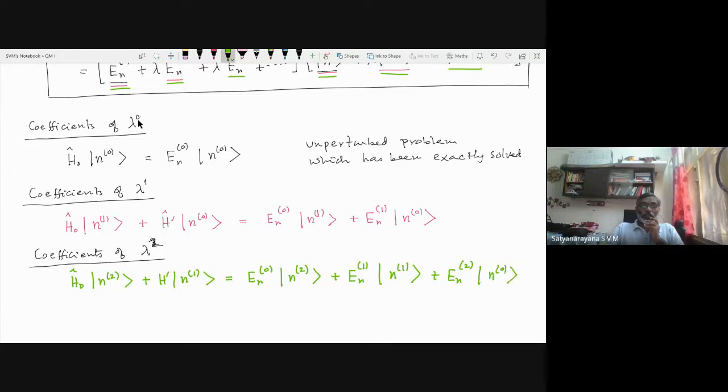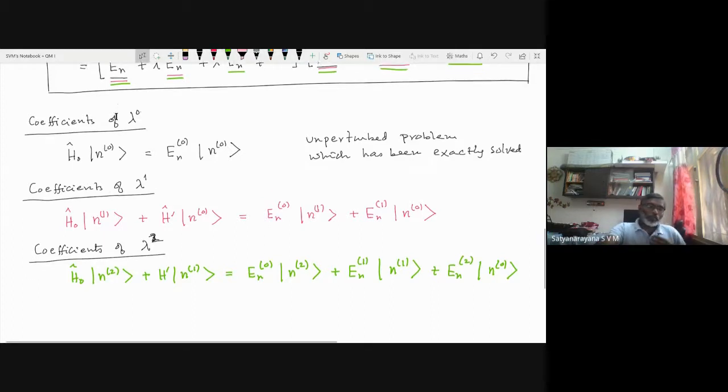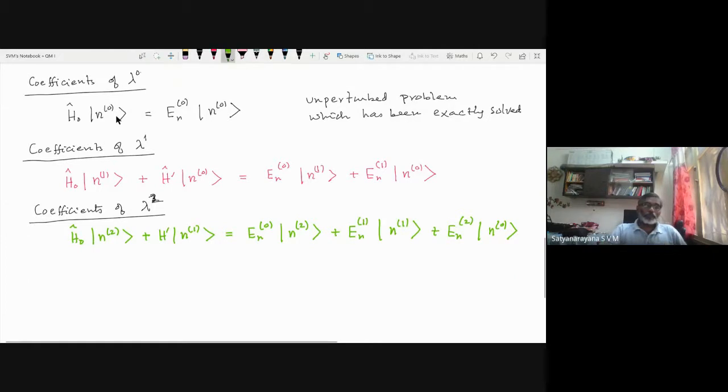So these are the three terms that will be there on the right hand side, and we can keep on writing it in this fashion. Okay, so for example, if you want to write a general